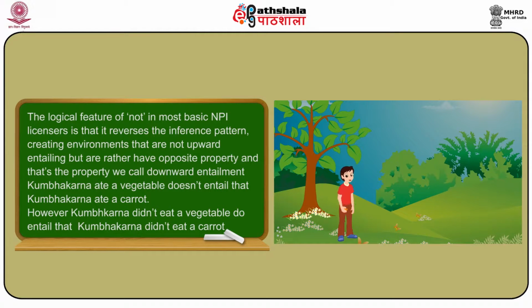So whereas Kumbhakarna ate a carrot entails that Kumbhakarna ate a vegetable, Kumbhakarna ate a vegetable does not entail that Kumbhakarna ate a carrot. However, Kumbhakarna did not eat a vegetable does entail Kumbhakarna did not eat a carrot. In other words, what negation does is reverse the entailment pattern. Now, if you take a sentence with a quantifier of the form determiner, restriction, predicate, and check where an NPI